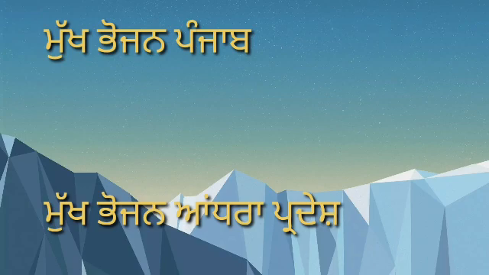And then on the next page you will write down the most popular food, only one from Punjab and one from Andhra Pradesh, and you will write down this information in Punjabi language. Okay, you are supposed to write down only the most popular food, like makki ki roti and sarson ka saag is the most popular food of Punjab. Okay, and you will just write down a little bit information about that food. And in the same way you will pick the most popular food of Andhra Pradesh also, and you will write down a little bit information about that food in Punjabi only.